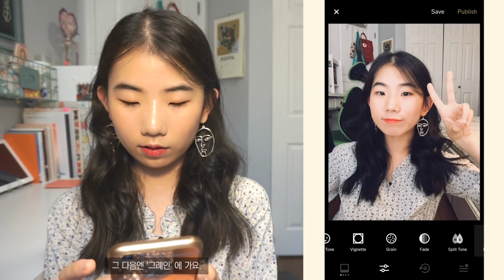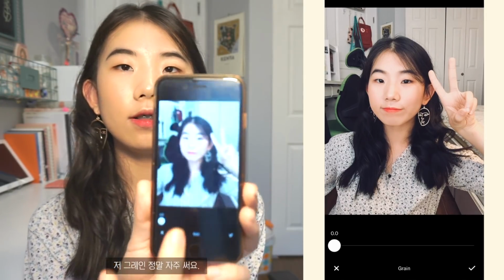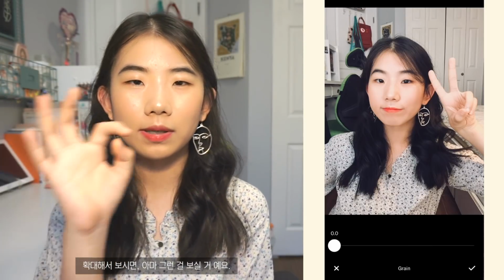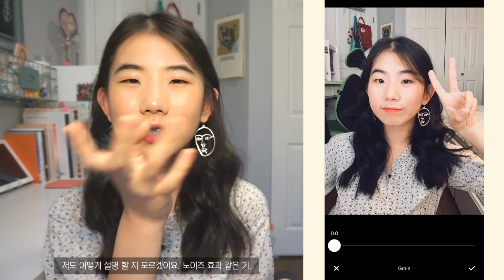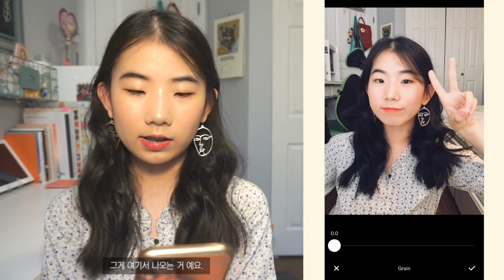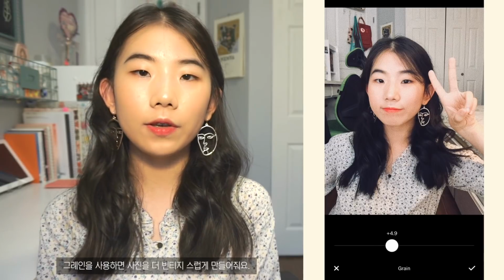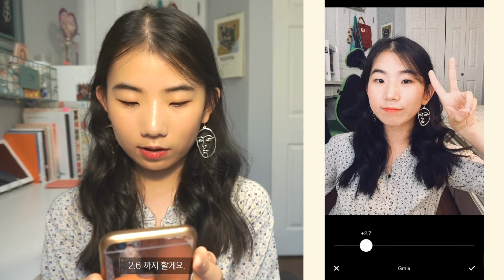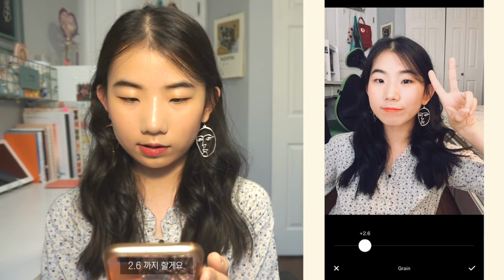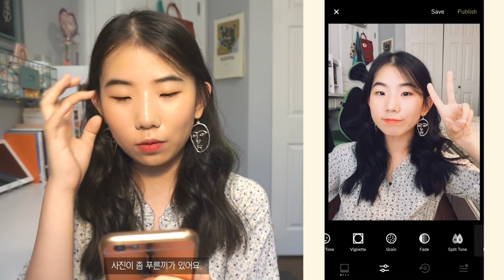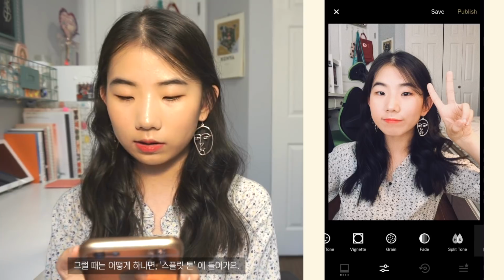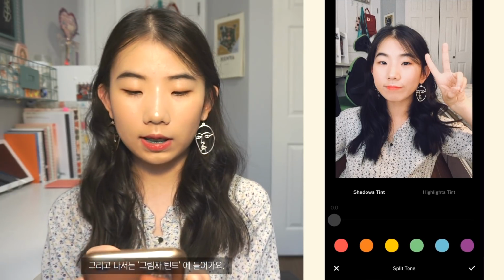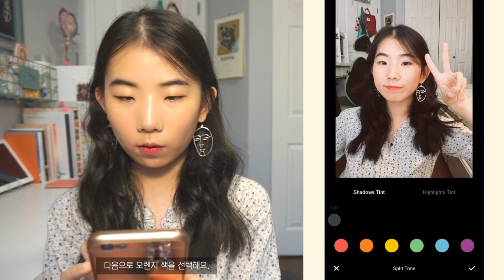And then I'll go to grain. I use grain a lot. If you see my selfies, if you like zoom on it, you will probably see this, I don't even know, sizzly like effect. It's actually from here. If you use grain tool, it really makes it more vintage. I'll go for 2.6. It looks a little bluish, so what I do here is I go to split tone and then I go to shadows tint and then I click the orange